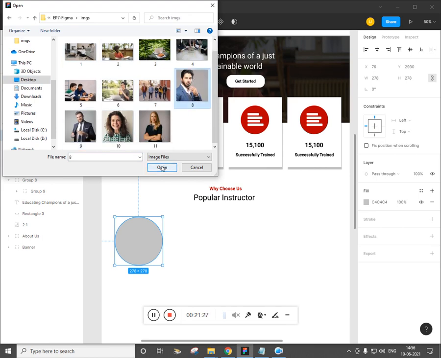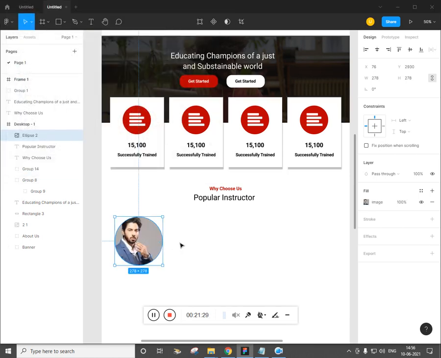Let's select this guy and just click on the shape, and there you go.